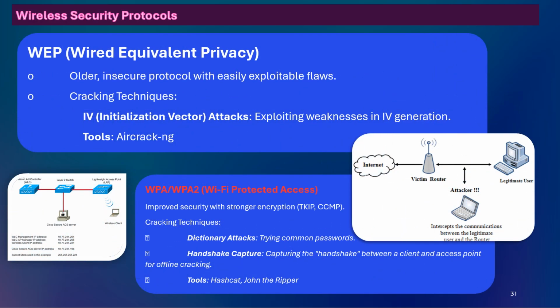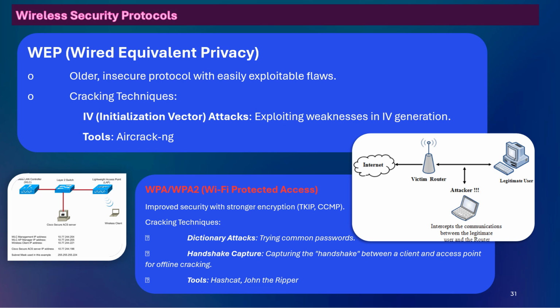Wireless security protocols. Wireless security protocols are designed to protect data transmitted over wireless networks. Wired Equivalent Privacy, WEP, was an early security protocol but is now considered highly insecure due to vulnerabilities in its encryption mechanism. Attackers can crack WEP encryption using initialization vector, IV, attacks and tools like Aircrack-ng. Wi-Fi Protected Access, WPA, and WPA2 improve security by introducing stronger encryption methods such as TKIP and CCMP. Despite these improvements, attackers can still crack